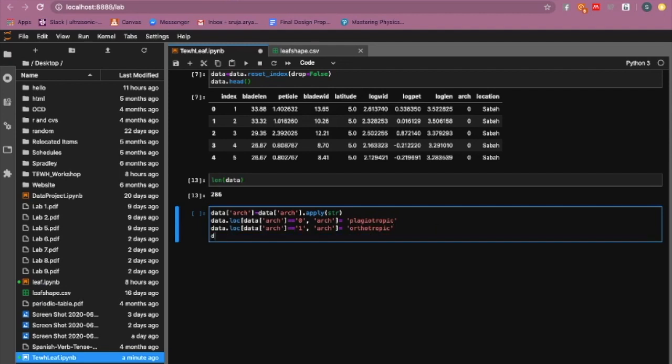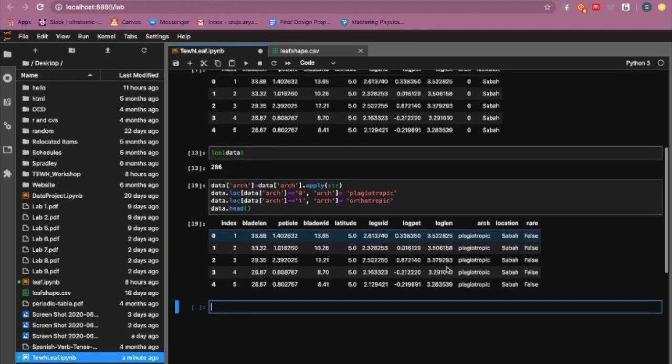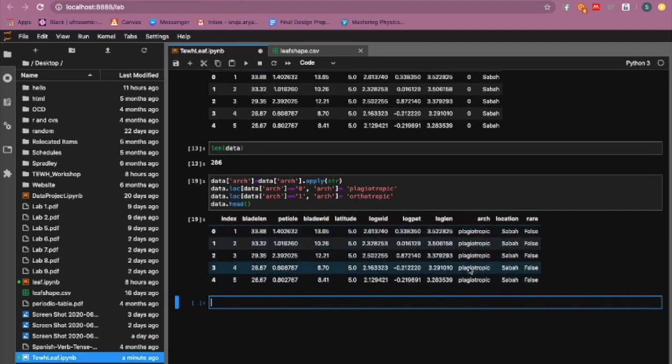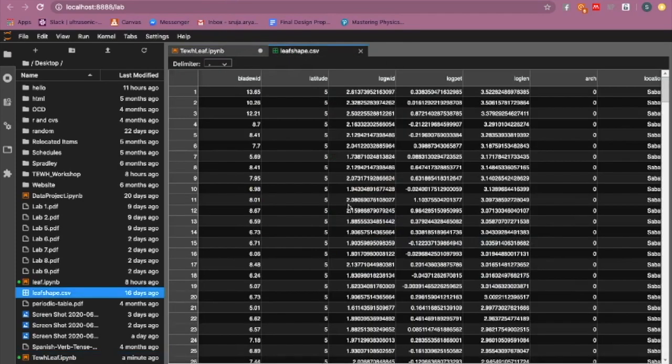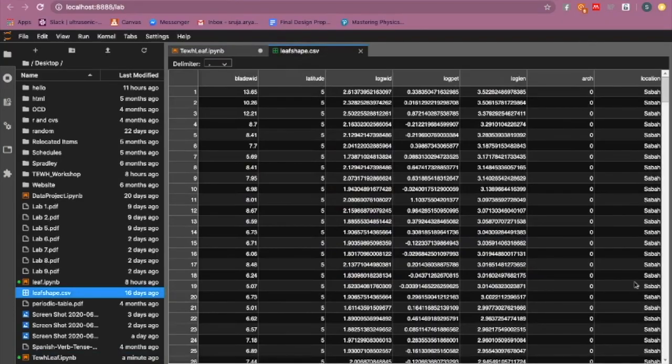And let's see if that actually even compiles. Oh, data.head. Perfect. Okay, so we can see that things have updated. We're not entirely sure if the orthotropic ones have set, but probably have. And if I look back at this data, I noticed that there are a lot more zeros,